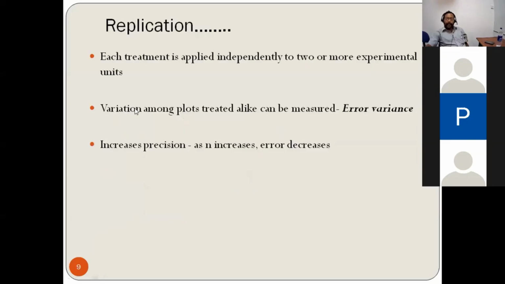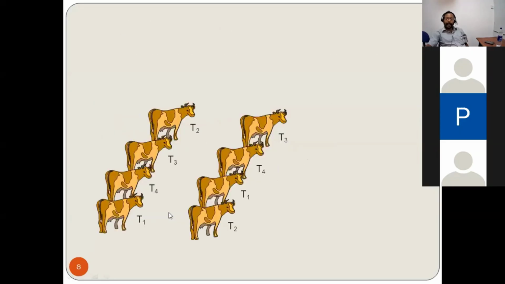The error is actually measured variance among the plots treated alike, which is called error variance, right? As I pointed out earlier, this cow is treated with the same treatment T1. This cow is again treated with T1. Let's say another third cow is also treated with T1. If you measure the variance between these 3 T1 treated cows, the variance that you measure is called error variance,